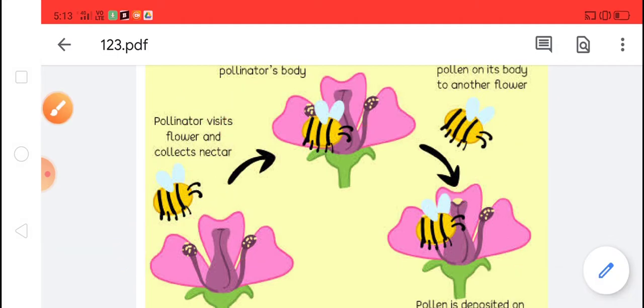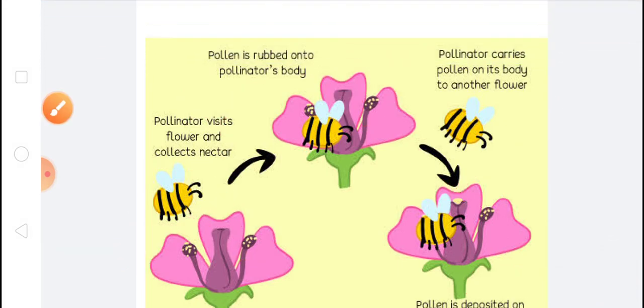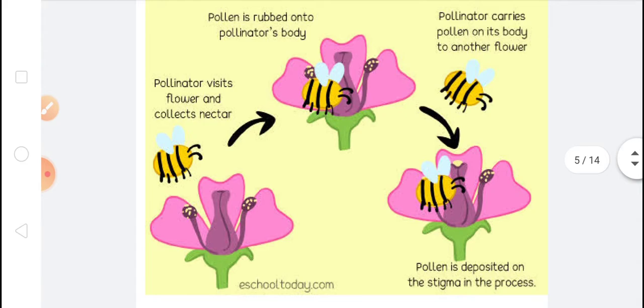After pollination, fertilization takes place and the ovary swells up. After fertilization, the ovary swells up and changes into fruit, and the ovule changes into seeds. That is why a fruit is made up of fruit wall and seed, which means that the ovary changes into fruit and the ovule turns into seeds. After pollination, only the ovary changes into fruit. If there is no pollination, then no fruit will be formed.